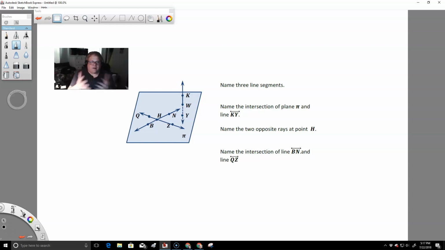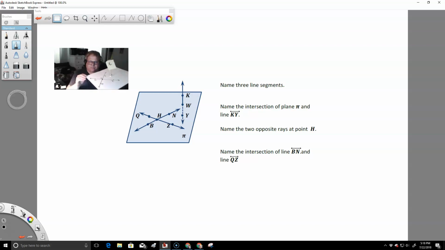So to better understand what's going on here, I made a model. It's kind of crude, kind of lame, but I wanted to show you what is going on. You can see that two of the lines are sitting on this cardboard piece, or on the plane, and then we have this other line that's passing through the plane. I wish this was glass, because then you could see the lines through the plane, which would be kind of cool. But anyway, the idea is that you've got one line that's passing through and two lines that are sitting